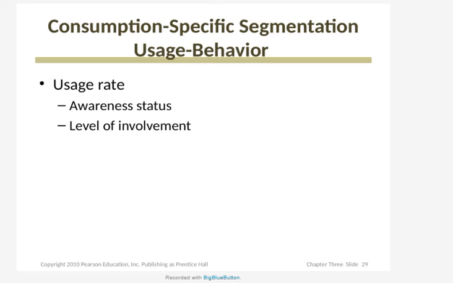The usage rate, which is the rate of usage, or the amount. Of course, it is very important to some marketeers because it might also be worth considering when a specific product is used. The basis of usage situation is also used as a base of segmentation. People might consume certain products for special events. That's what we said about usage situation.